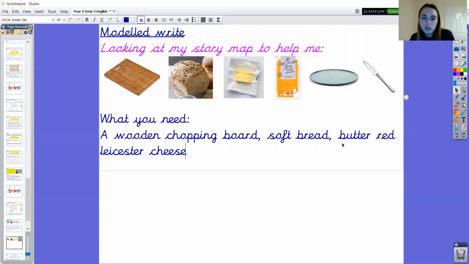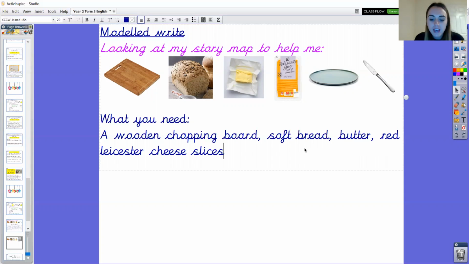What you need: a wooden chopping board, comma, soft bread, comma, butter, red Leicester cheese. Oh, Year 2, you caught me out again. You're so helpful. You're right, I need a comma after butter to separate that item from the red Leicester cheese